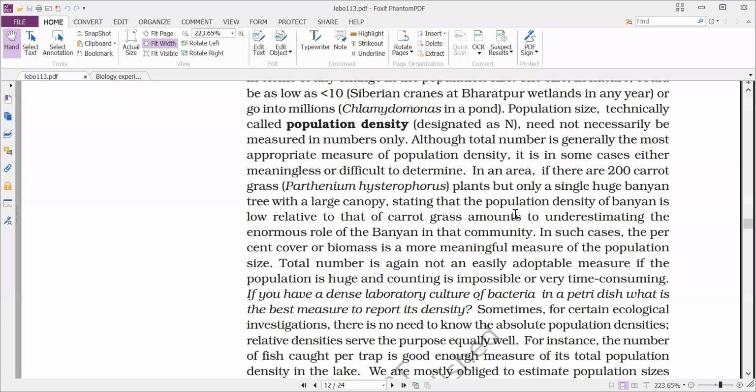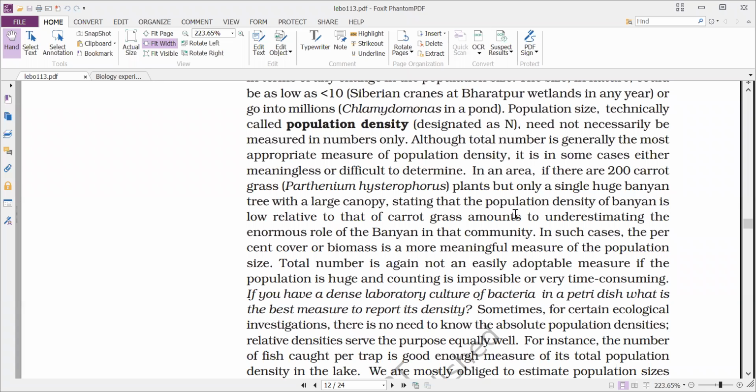So with that cubic millimeter count, we can get the number of RBC present in that person. Counting all the cells or all the organisms every time is not possible. So in that case, we make a small sample, and the number present in that small sample is multiplied by the total volume. Like that. In a petri dish also it is the same.